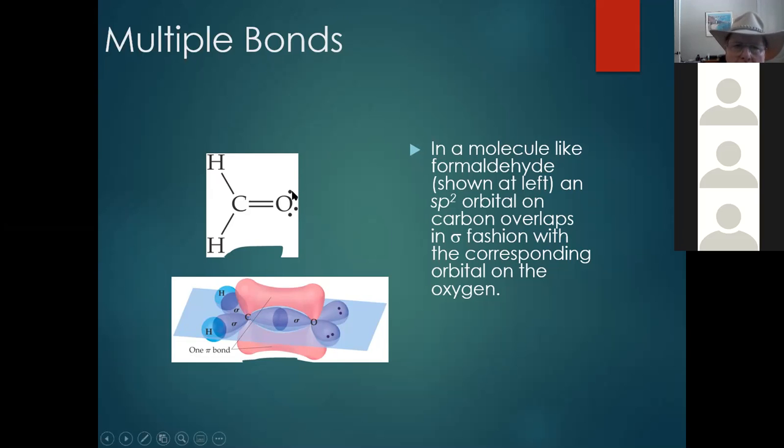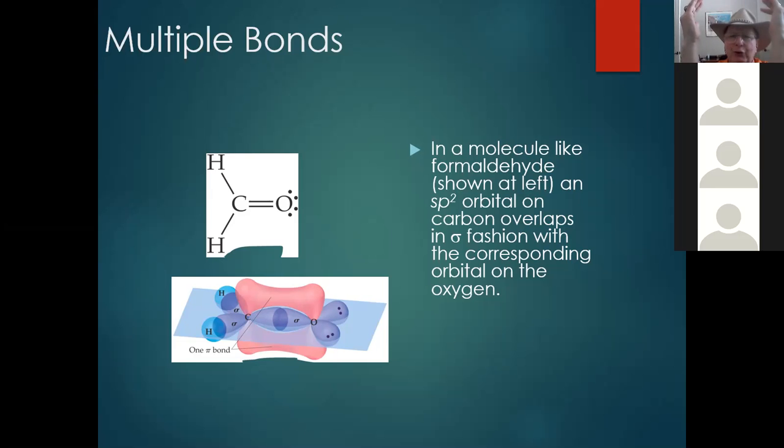So if there are 3 things around the oxygen as well, what's the hybridization on the oxygen? Would it also be SP2? And does it have a free p orbital? Yes, that sticks straight up in the air, perpendicular to it. So the carbon has one sticking straight up, the oxygen has one sticking straight up, and they both have electrons